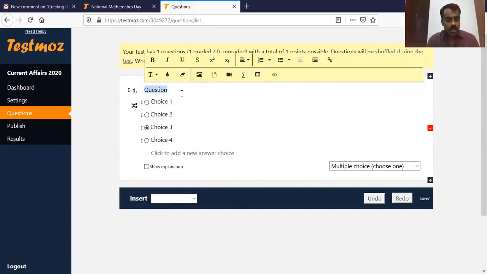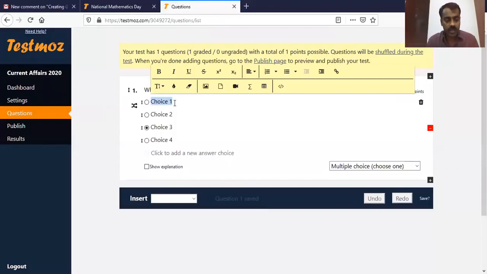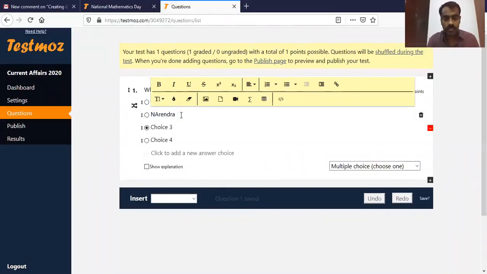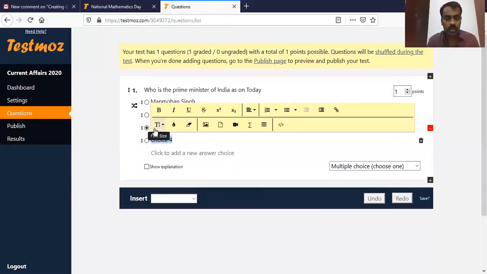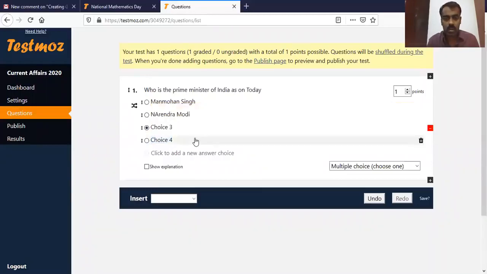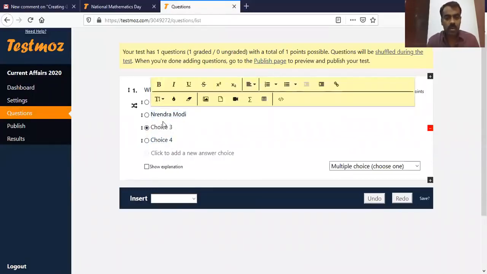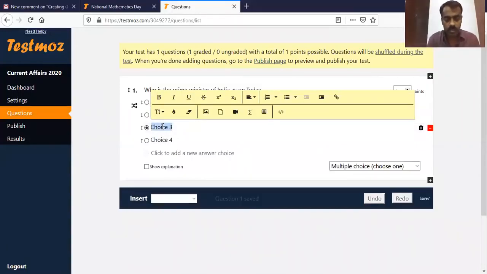So suppose here, who is the Prime Minister of India as on today. So here we can write Manmohan Singh, Narendra Modi, and somebody else.